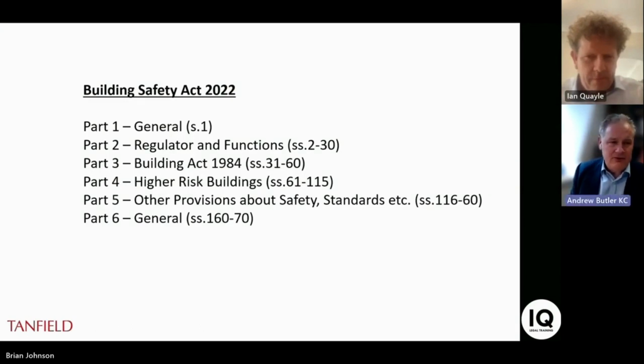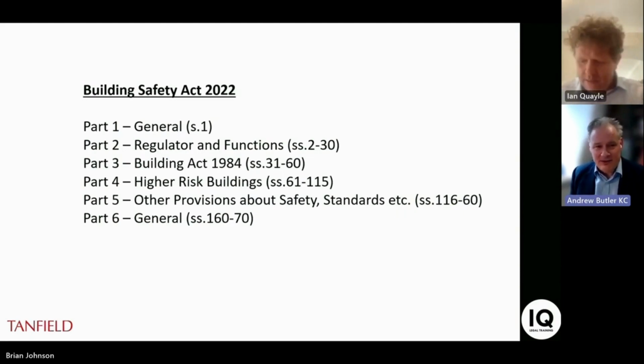By and large, I'm going to assume fairly limited knowledge of the Act. Apologies if there are any of you who find this pitch too low, but personally, I find it always useful to consolidate on the things that I think I know, and hopefully you too will hear some new things as well. Many of you will be familiar with the basic layout of the Act, structured as it is in the 6 parts you see on the screen in front of you, with the headings that you see there.